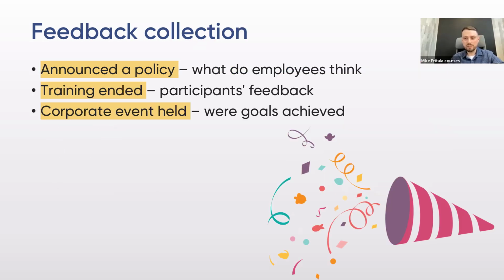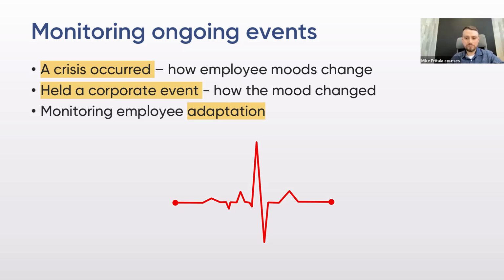Next, monitoring what's happening. I've already talked about the quarantine case, maybe about the corporate party, monitoring employee adaptation. There are many situations where it can be useful to evaluate what's happening here and now. Next is employee assessment, for example, the 360-degree competency assessment. You can't conduct it at all without questionnaires. Knowledge assessment, also a questionnaire. Manager assessment, evaluation of managers' work, similar to teamwork assessment.